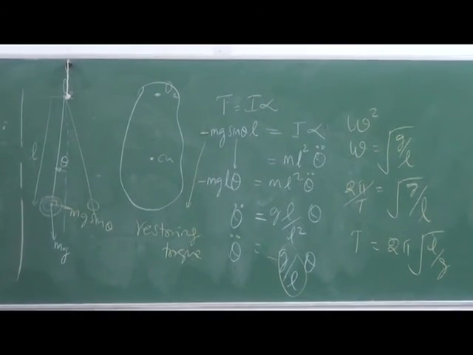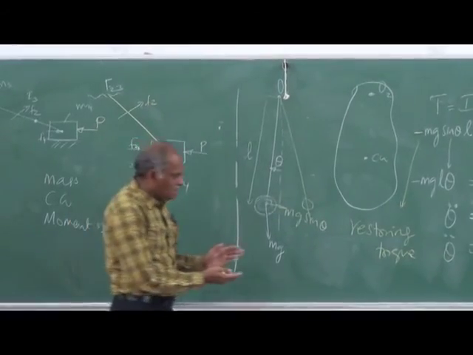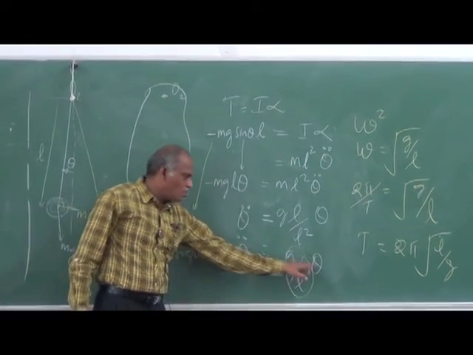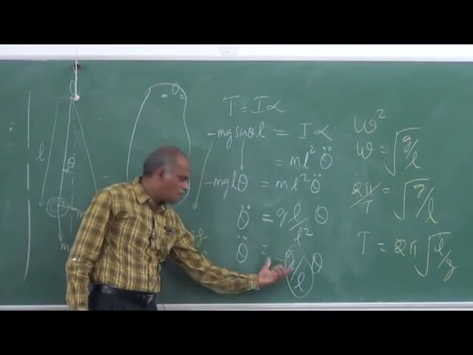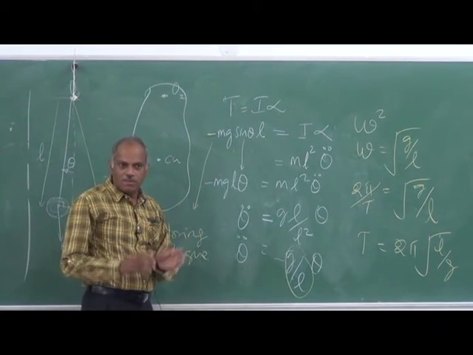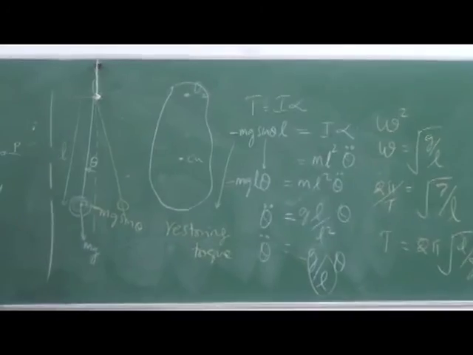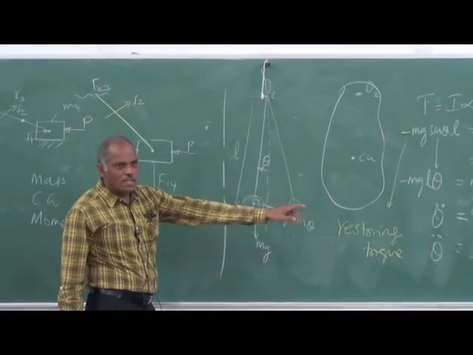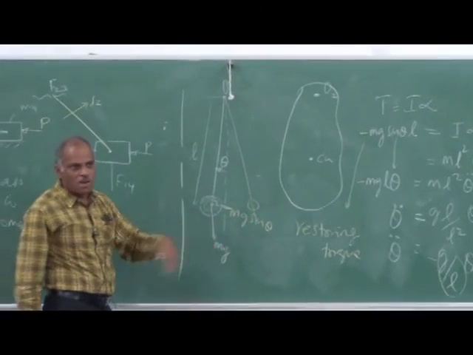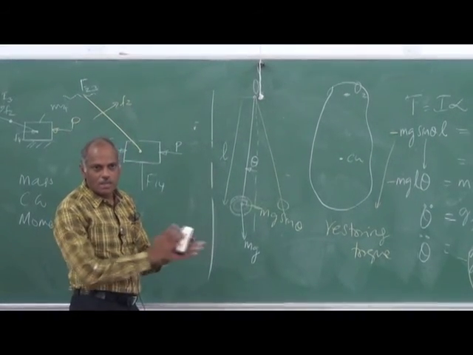Here I have skipped the simple harmonic motion. The simple harmonic motion will have this particular form. The acceleration is proportional to the displacement with a negative sign. This proportionality constant will be omega square. But I did not discuss that in detail. I will do it a little later when we are discussing vibrations. So T is equal to 2 pi root of L by g is the period of oscillation for a simple pendulum. For a simple pendulum, this is the equation.